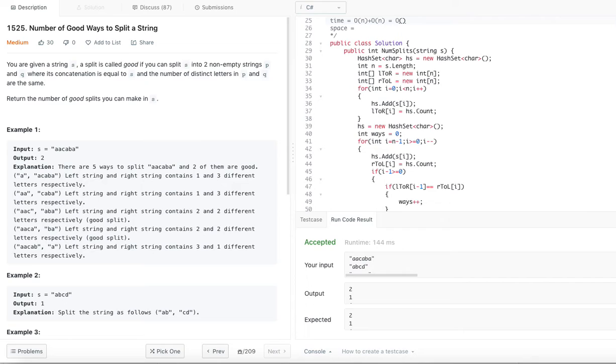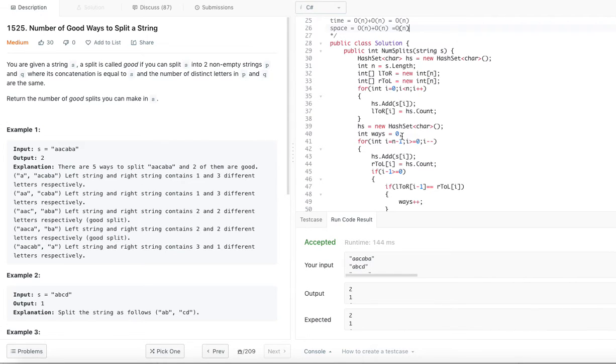We will say still it will be order of n in the big O notation. And space complexity, we are using 2 additional arrays, each equal to the length of the string. So that means order of n plus order of n, order of 2n. In big O notation we will say still order of n.